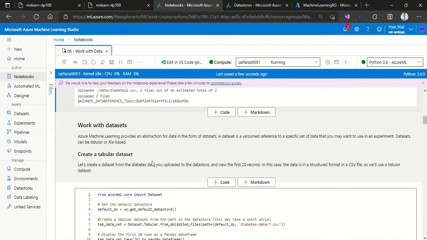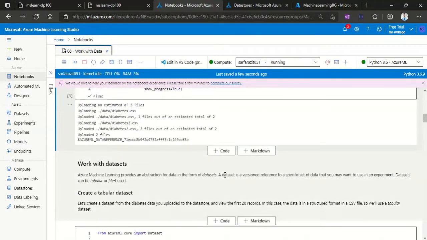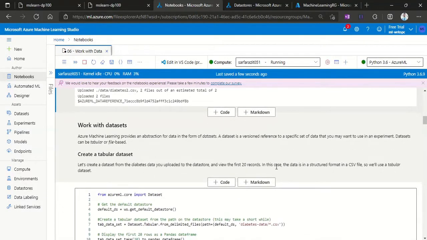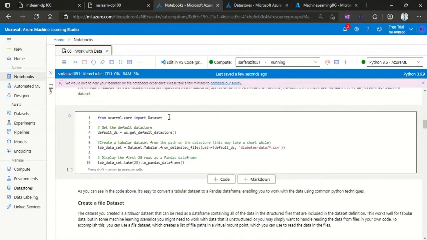Now create a tabular dataset. Let's create a dataset from the diabetes data that we uploaded to the datastore in the previous step, and view the first 20 records. In this case, the data is in a structured CSV file, right? So we will use a tabular dataset. Here we are using an import command to import the dataset library from Azure ML core. Now using that library we will be